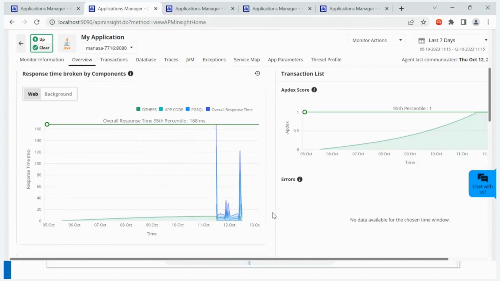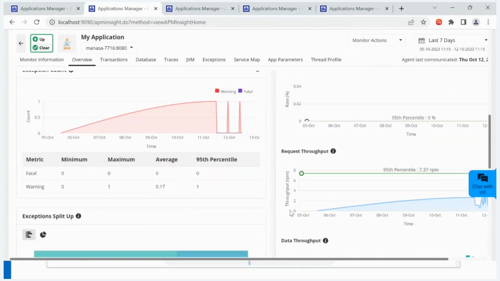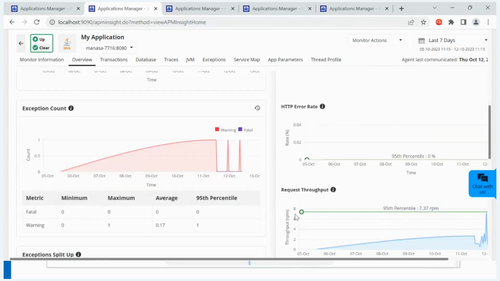You can see the response time broken down by its components like the application code, the database calls, and the overall response time, the transaction list, and the exception count, which will show us the fatal and the warning metrics along with its 95th percentile,